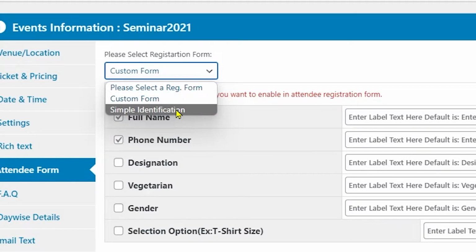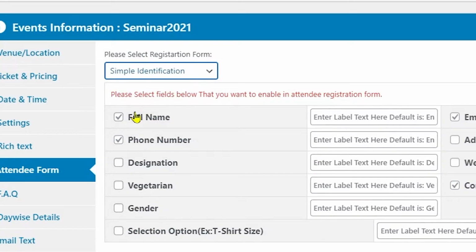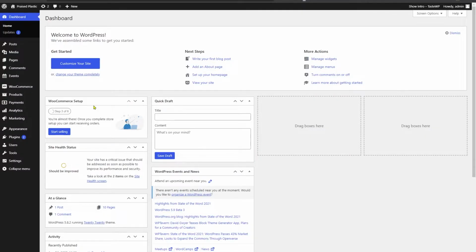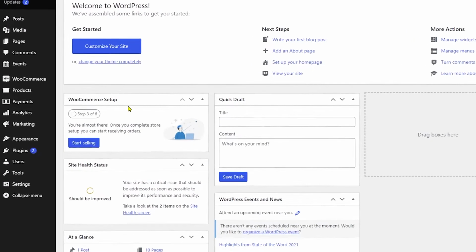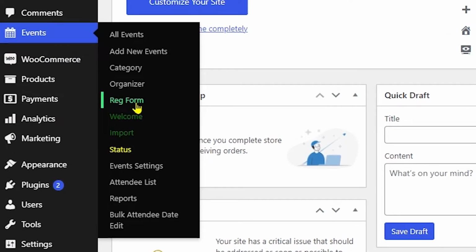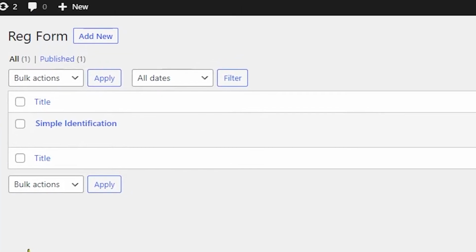Like I have already created this simple identification. So let me show you how you can create a global registration form really quick. All you have to do is just head over to events and from there to this registration form. When you click on that, you can see an interface just open up where you have this add new button on the top left side of your screen, and you can see the simple identification that I discussed is already